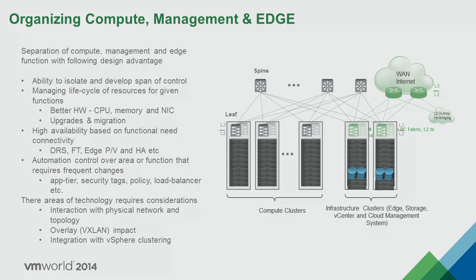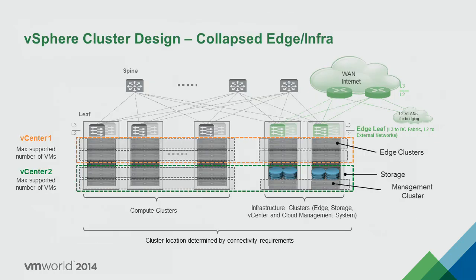Number 1 is these: physical, logical, and NSX. These all work together, right? So the impact of how a physical network behaves, layer 2 versus layer 3. How does VXLAN work and how does the VXLAN topology get laid out? And finally, how do you do the vSphere cluster design along with NSX, right? So there are a few sets of recommendations: same rack layout, compute, edge and storage are a combined rack,